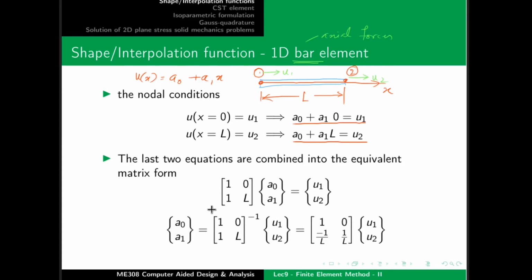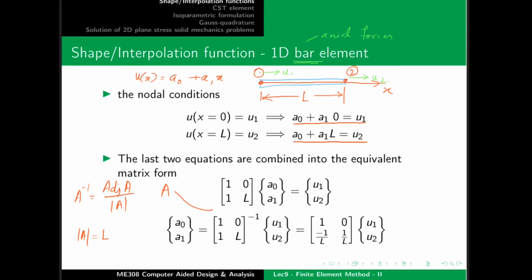If we represent this matrix as matrix A, then A inverse can be represented as the adjoint of A divided by the determinant of A. So we have to calculate the adjoint and determinant. The determinant can be easily calculated. Determinant of A will be L minus 0, that is L. Now to calculate the adjoint of A, we will have to find the cofactor matrix and take the transpose of that matrix. But in case of a 2 by 2 matrix, the adjoint matrix can be easily found.